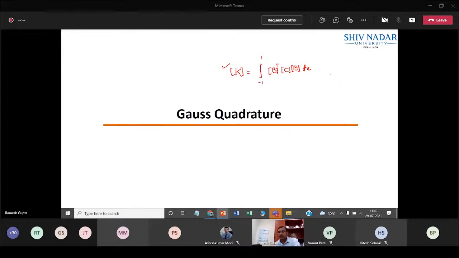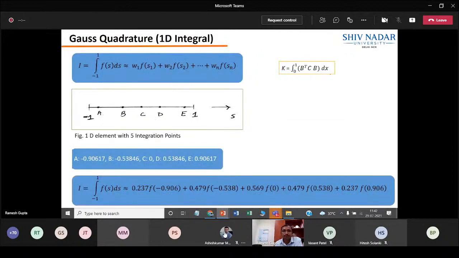So how exactly will this quadrature work? Let's have a look. As I mentioned, you have the stiffness in this form, with some limits, B transpose C B dx. Now, instead of working with this definite integration directly, we will evaluate the function. This is the function, which I am representing as f. Now this function will be evaluated at certain points. What are those points? Let's say you have the